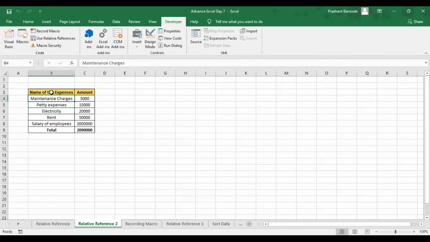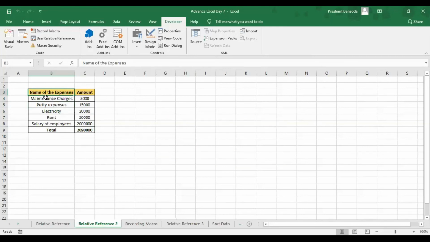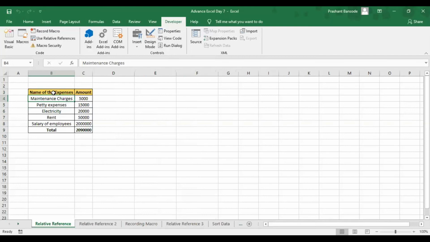It has taken the absolute reference of that particular sheet, because I had applied the same macro which started from the B3 cell, and here also it has started from the B3 cell.